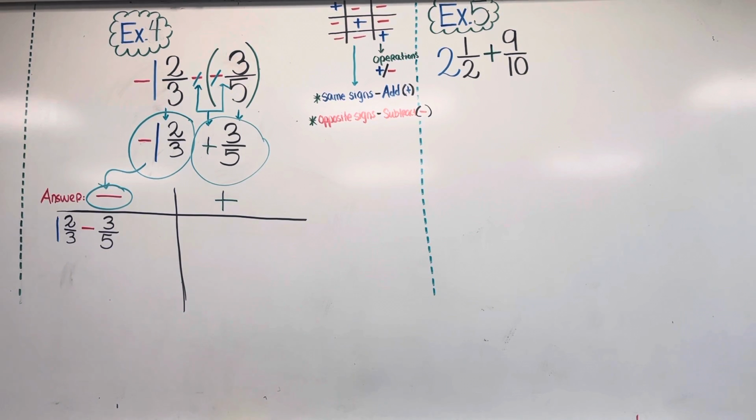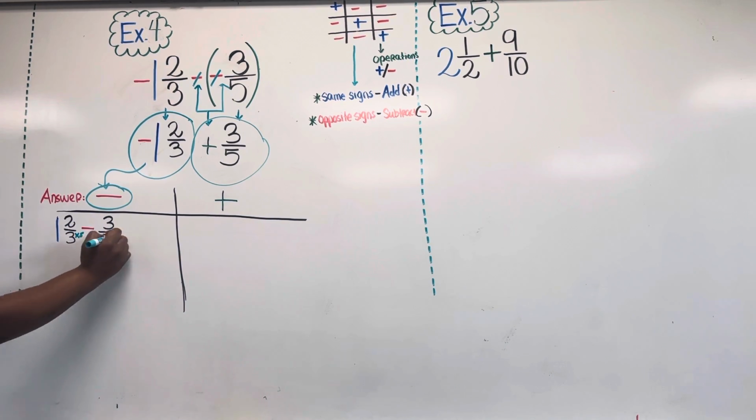Okay? So now I have 1 2/3 minus 3/5. Now, the biggest dilemma, guys, that we have is that they do not have the same denominator, right? 3 does not equate to 5. And that's the only way that we can subtract this, if the denominators are the same. So since they're not the same, right, I'm gonna multiply 3 times 5, and because